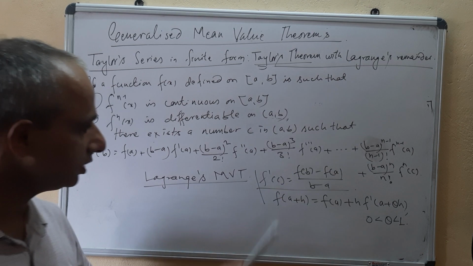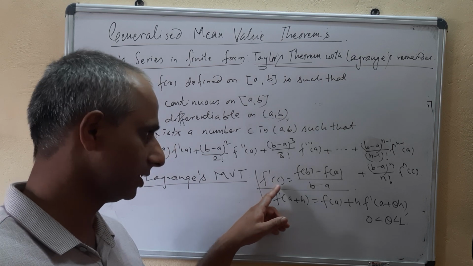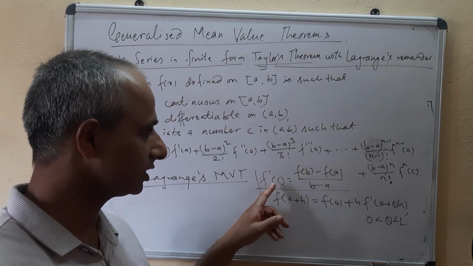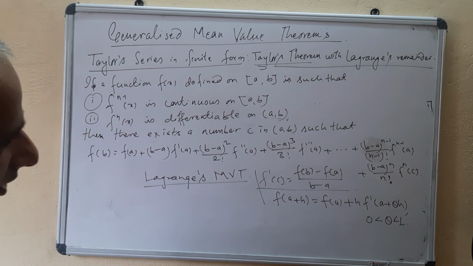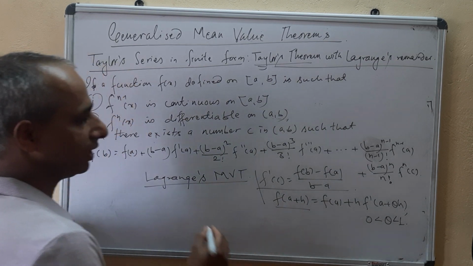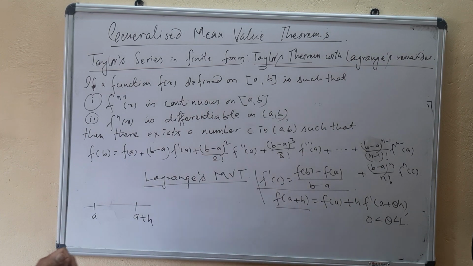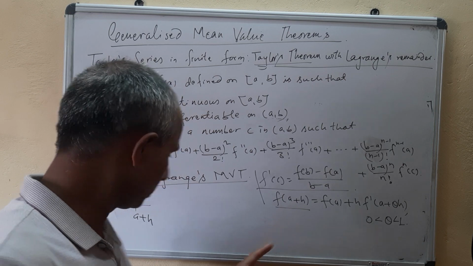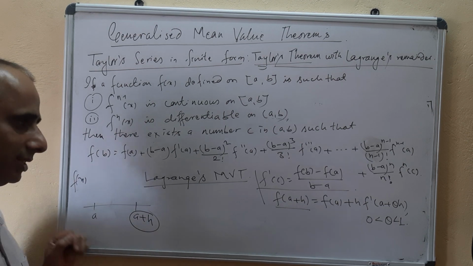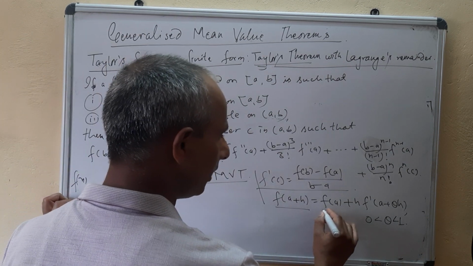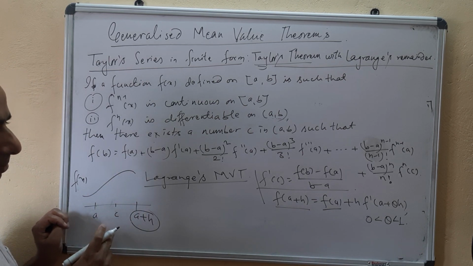The first expression tells about the slope of the tangent at point c to the curve f(x). And the second one, if you see, the statement is a little different from the first one. Here f(x) is defined in the interval a to a plus h, and the value of f(x) at point a plus h is approximated by the value of f at point a,